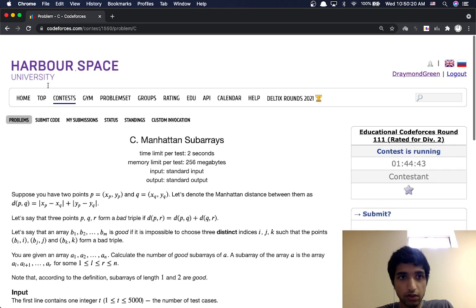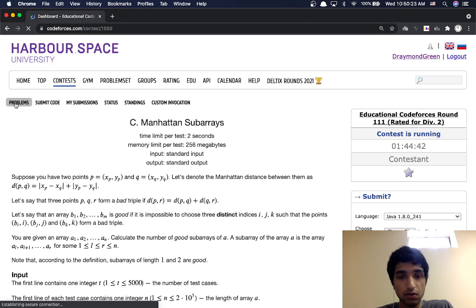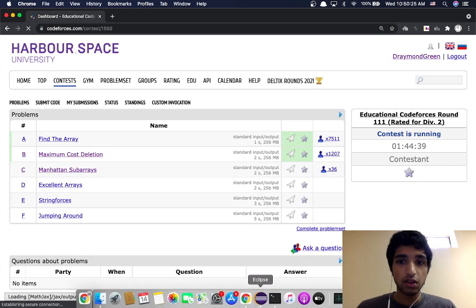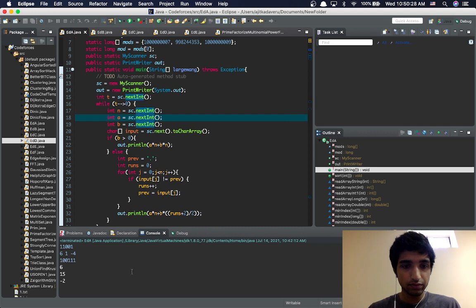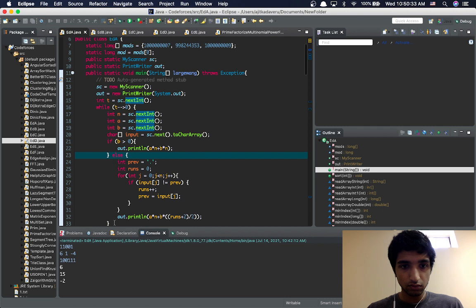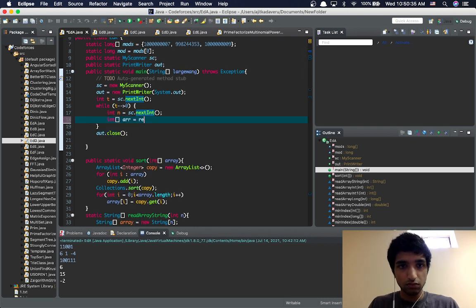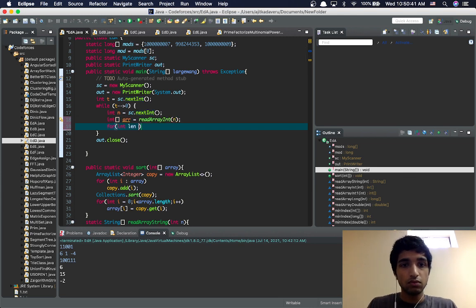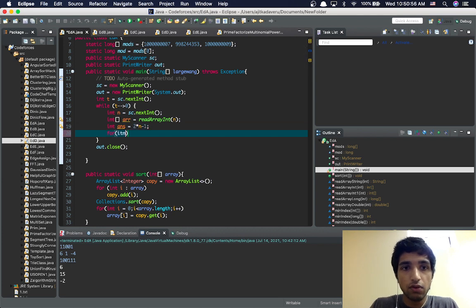Wait, how many people have solved this? Wait, I think I have the idea though. Okay, so first all the ones of size 1 and 2 are good. So wait, it's an int. So that's 2 times n minus 1. And then for